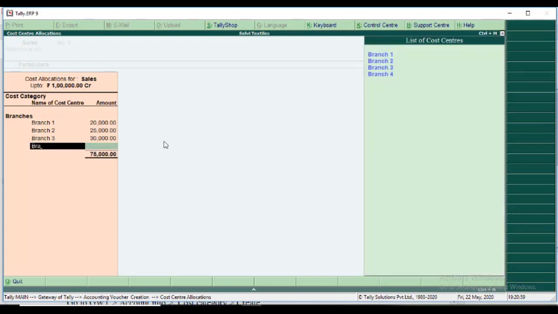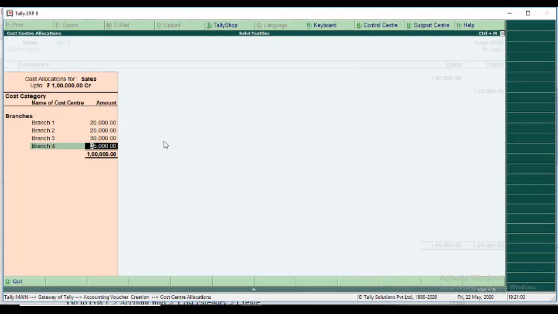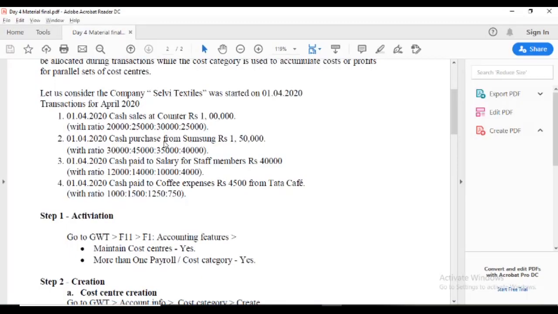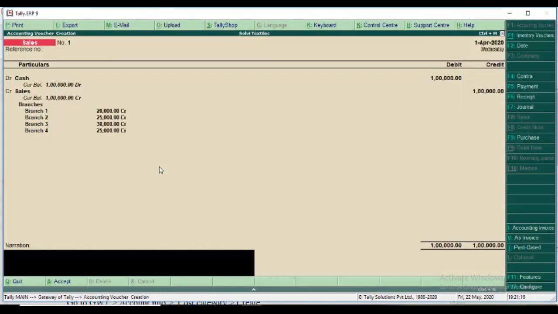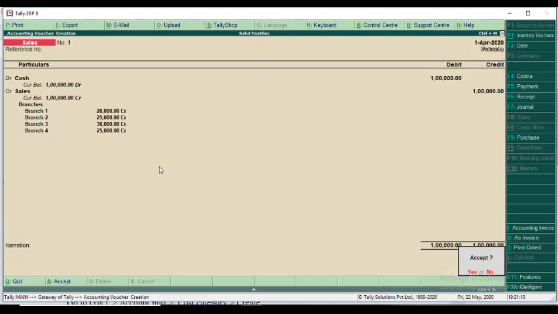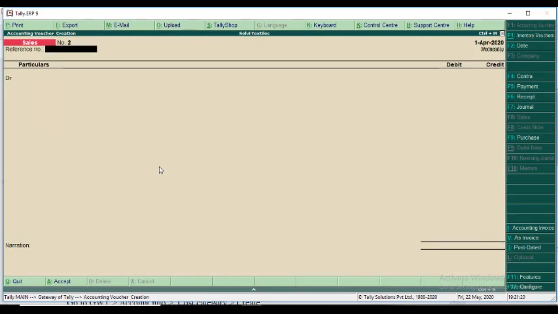Then branch 4, the balance amount 25,000 comes correctly. Okay, so 25,000 is branch 4. Okay, 1 lakh. Enter. This is the manual cost center allocation entry.